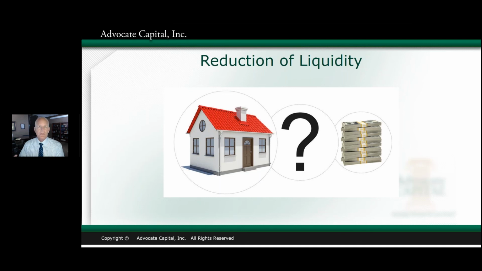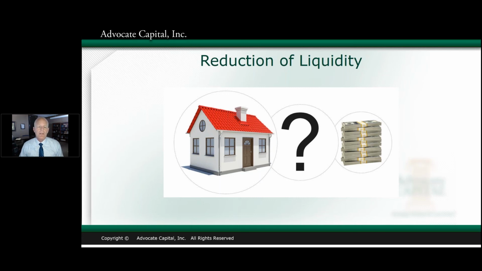I guess if you took no new cases in, you wound your practice down, you might get all that case expense money back out in 2 years, something like that. So it takes a long time to convert that to cash. So it's much less than $500,000. I can explain that by an example. Would you rather have $500,000 of cash or a house worth $500,000? You'd rather have the cash because you can quickly do something else with that. If it was a house, you'd have to sell it, get the funds, have a closing, and convert it into cash. So you'd be much more likely to want to take the cash, right? And part of that is because of the liquidity.